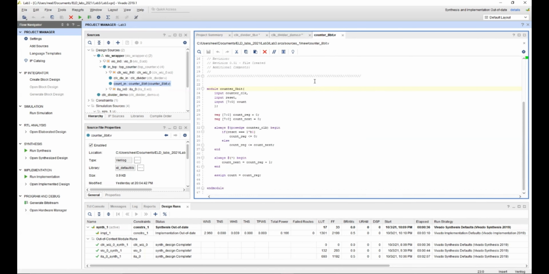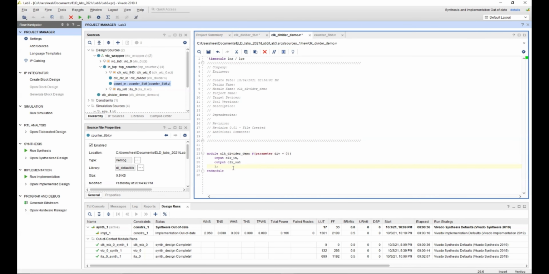So there would be a certain count reg or a count next. I'll just write it over here as a comment. So there will be a count value which will start to count from 0, 1, 2, 3 up to div value.